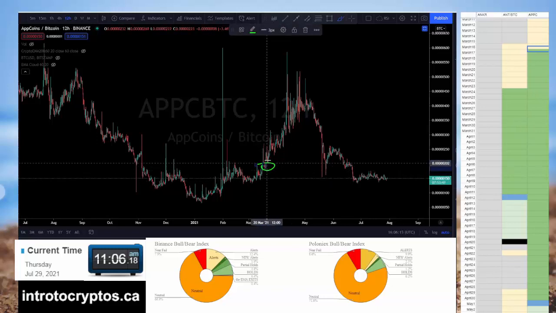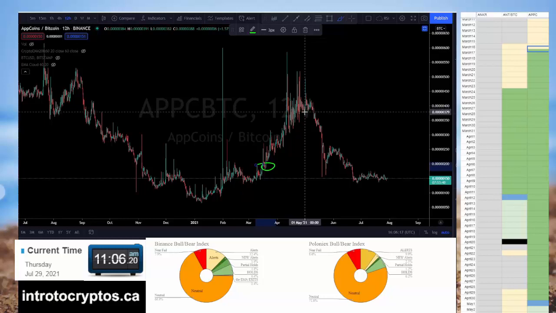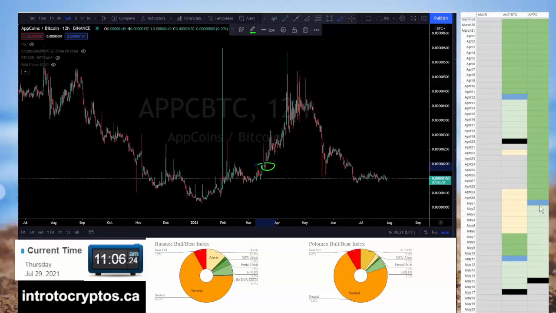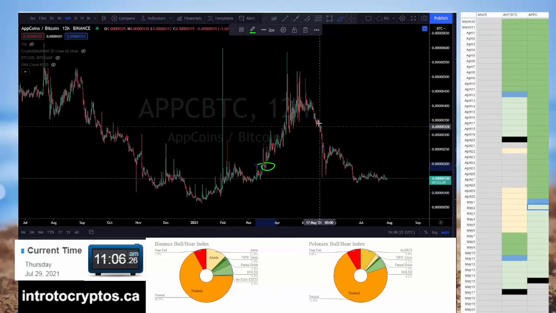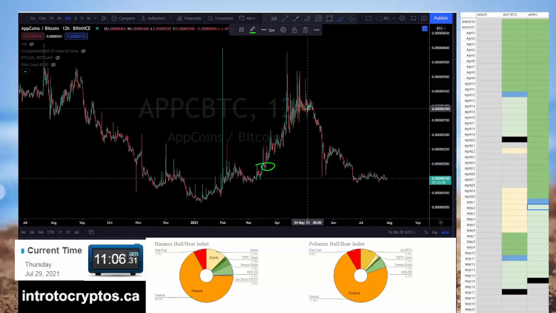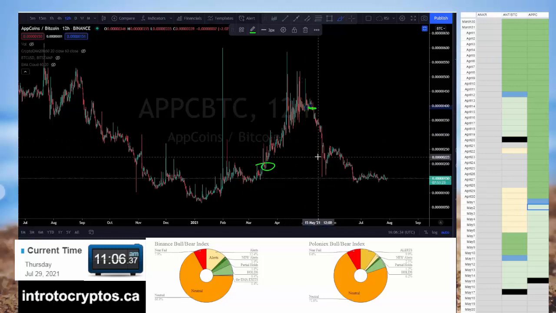Phenomenal. Say we're at 200. We would have doubled our money. We would have made some 100 and some percent. Then the market kicked us out half of the trade on May the 1st, right up here, May the 1st. So as it's going sideways here, we were taking profits at a really great time. And we got out of the rest of it at May